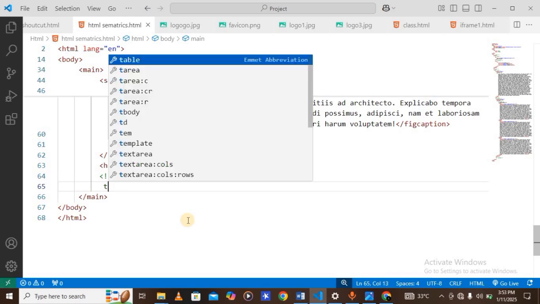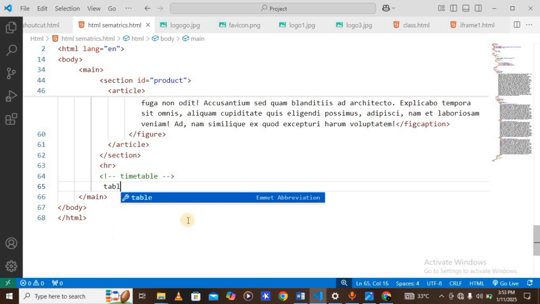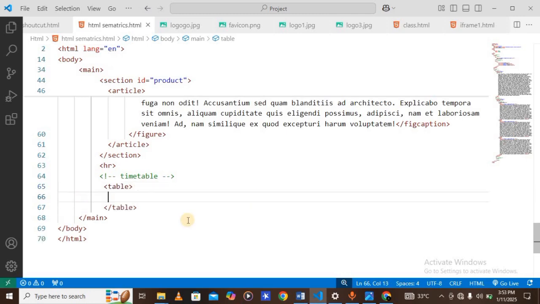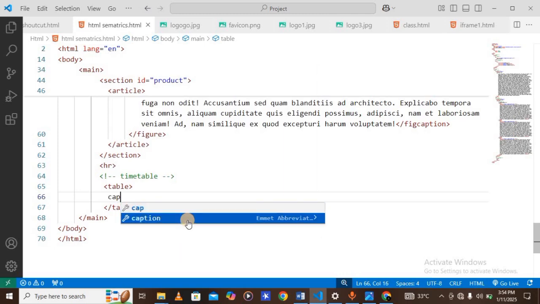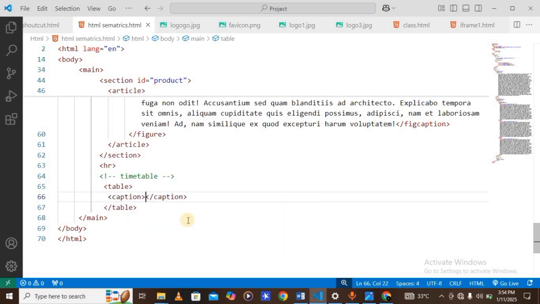So the first element to be used is table. I told you guys I'll be using a semantic way of writing a table, so starting first with the caption. The caption tells us everything we need to know about the table. So we'll be saying open